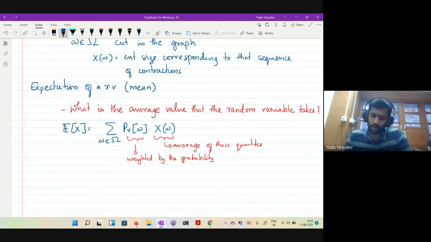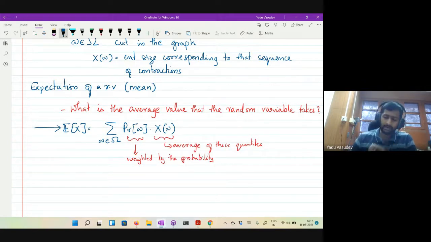Okay. Now, as mentioned in some of the comments before, if you really want to understand a random variable, the first thing is to understand the expectation. So if you want to calculate the expectation, then this is the first principles equation. You just try to calculate the sum. If you calculate the sum, you can get the expectation. But it turns out that this might not be very easy to calculate in a lot of situations.